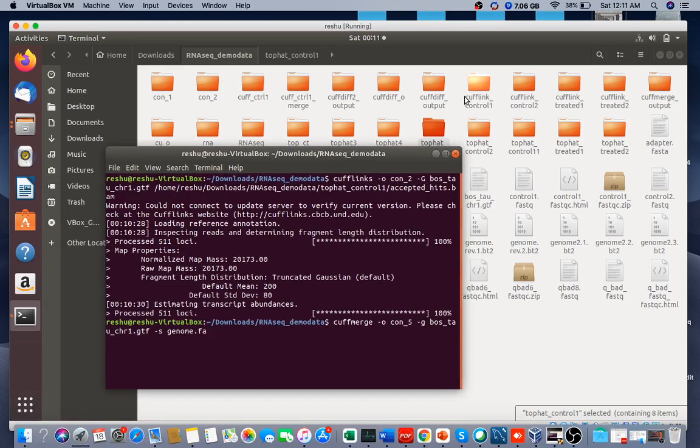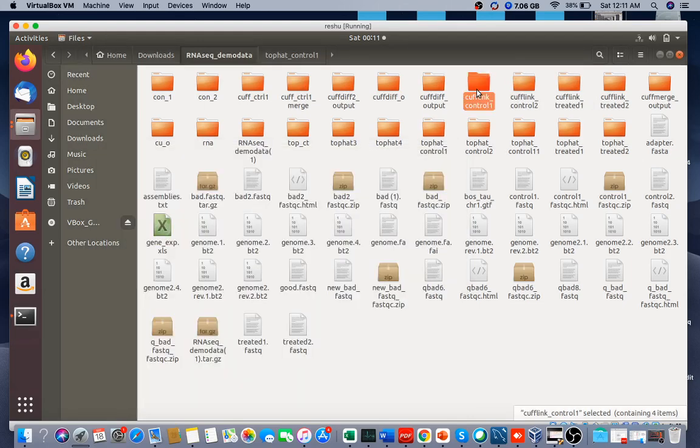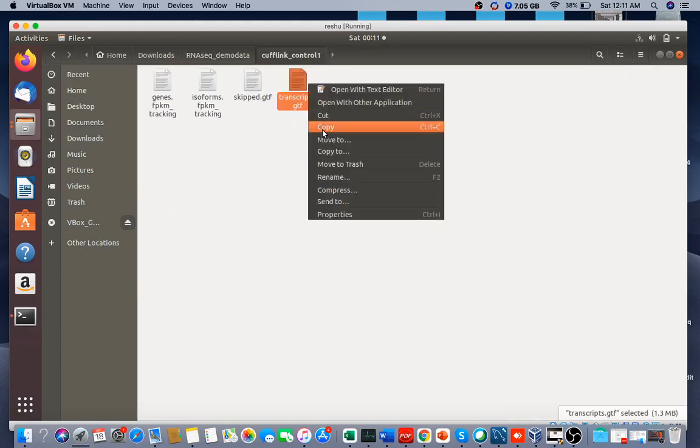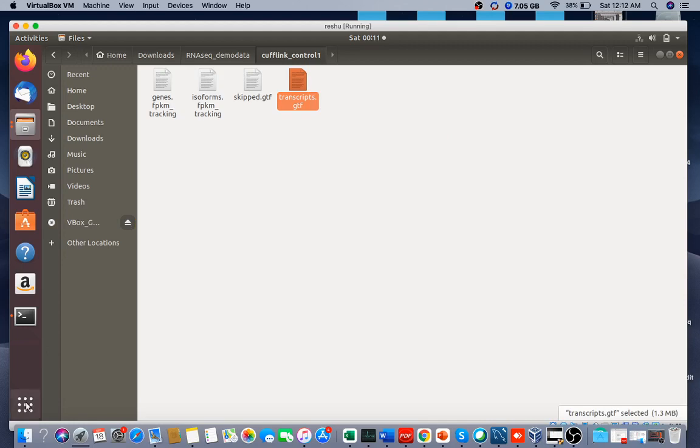So you have the cufflinks output for control, control 2, treated 1 and treated 2, for example this file. So what you have to do, just copy it and paste it in the notepad.